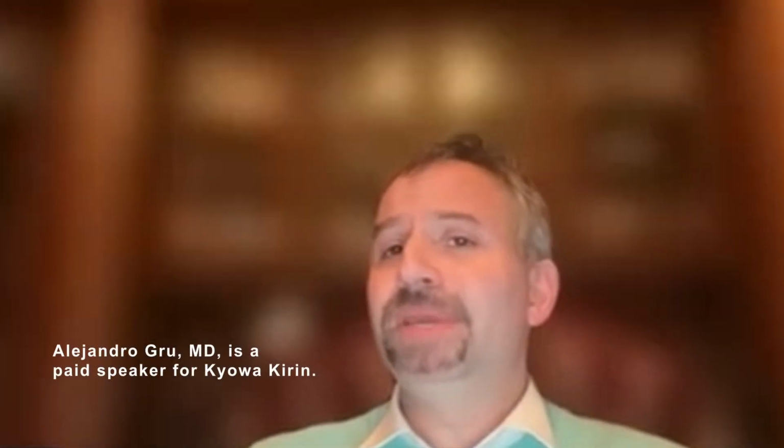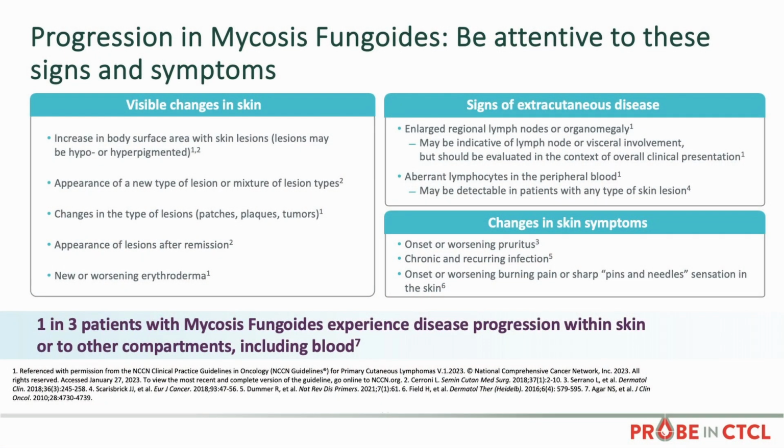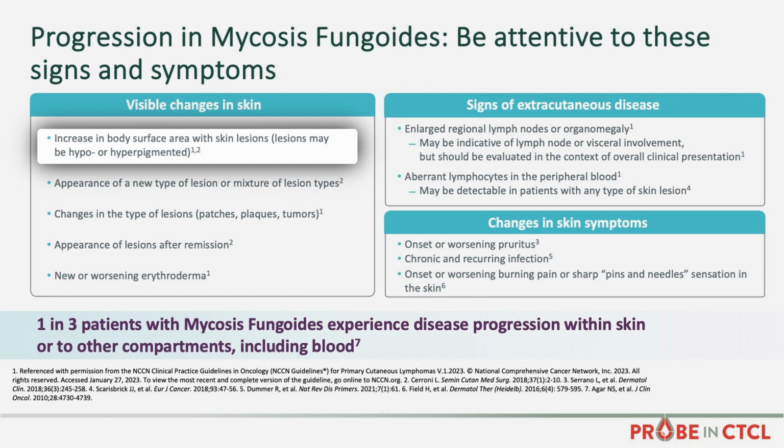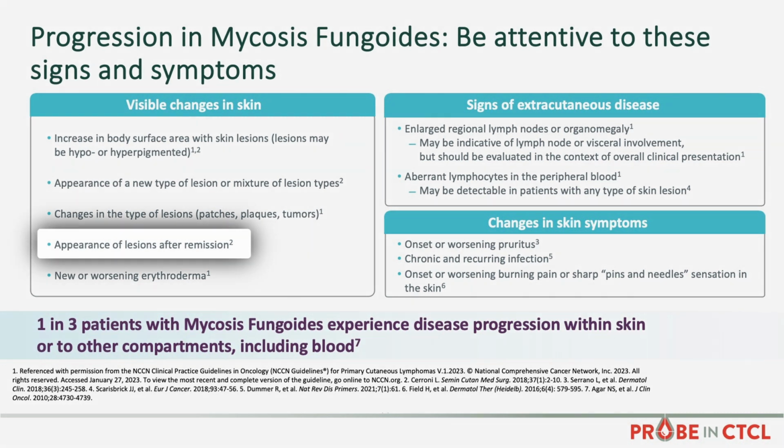So how can we be attentive to signs and symptoms that can indicate patients who are progressing or patients who are likely to progress? So a couple of different things: patients that develop more lesions, right? When there is an increase in the amount of the body surface that is involved by the disease, the appearance of thicker lesions, right? We have a patient who has stable patch disease and now is developing plaques, or of course, if the patient develops tumors, the appearance of the lesions after remission, the presence of generalized erythroderma, and of